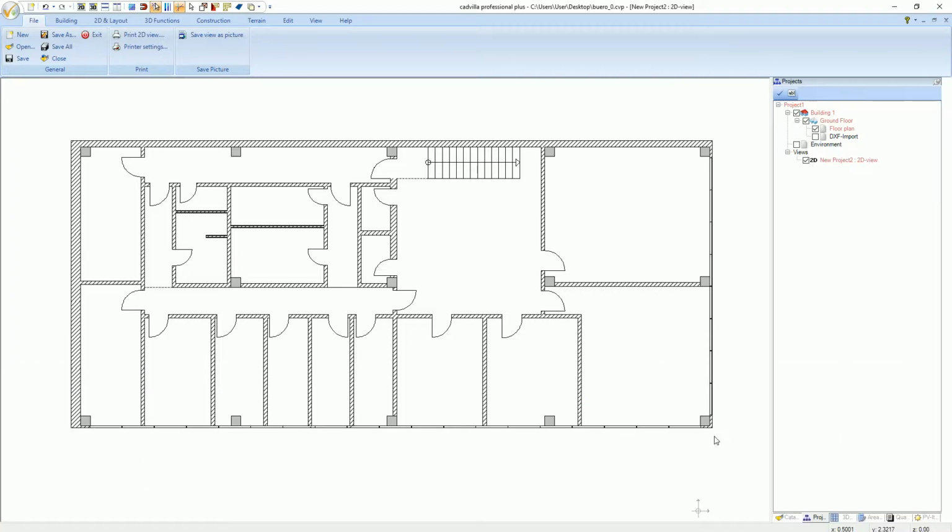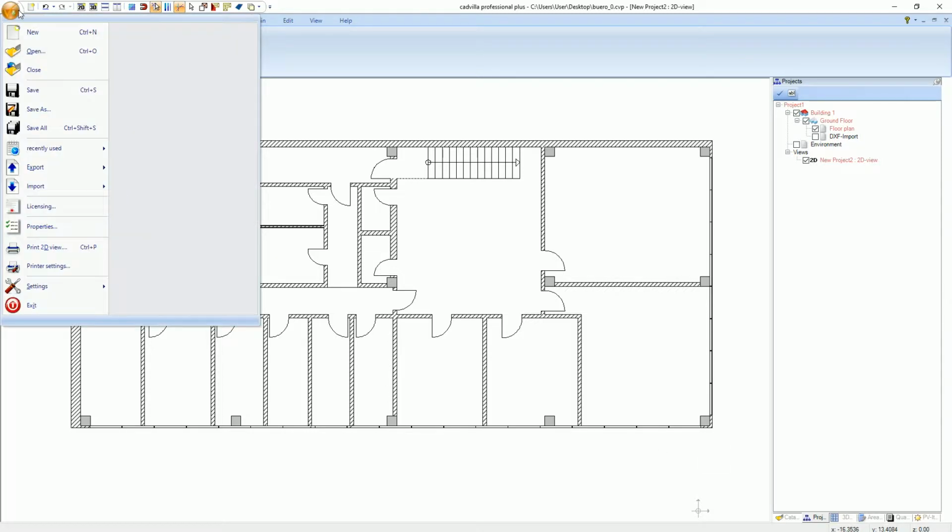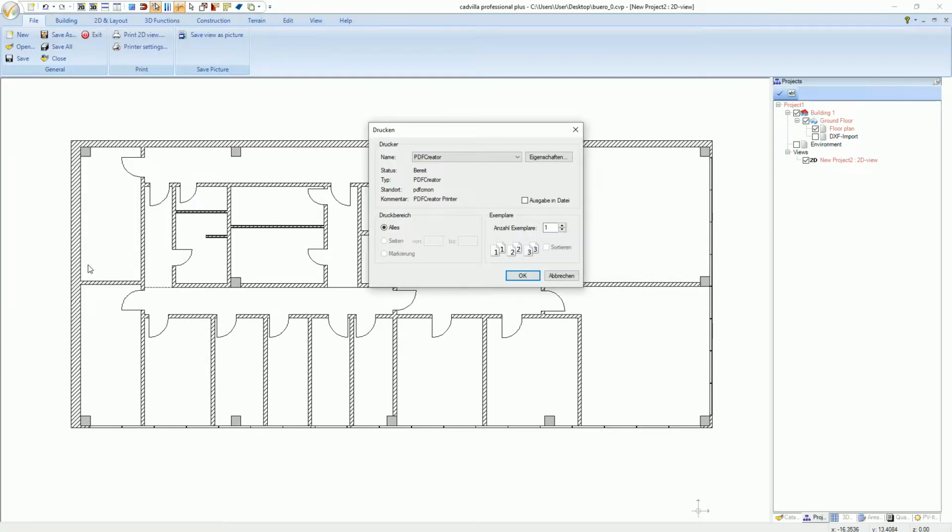We start now to define the fire escape plan. One of the most important things to do in the beginning is to define the printer properties. Therefore, we click on the menu and we select Printer Settings. Here we have already chosen a printer and we click on Properties,